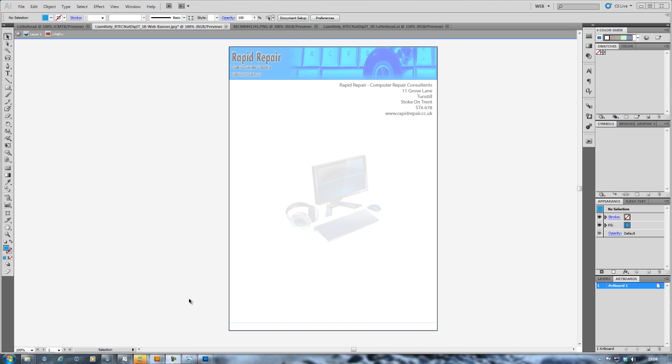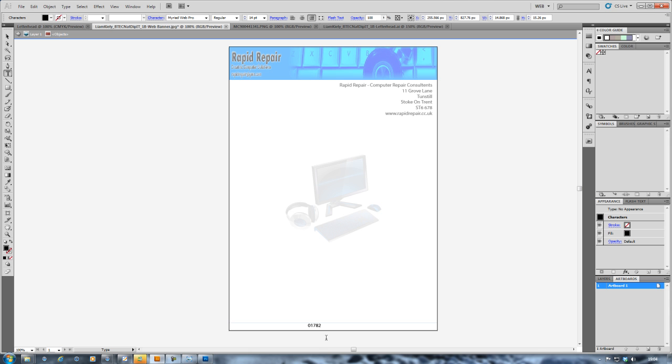Now that we have our footer line placed at the bottom of the page, we're simply going to select our text tool again, which can either be done by pressing T on your keyboard or selecting the text feature from the sidebar on the left. We're now going to enter our cursor into the footer down below. We're simply going to enter the relevant contact details, and these will be as follows: